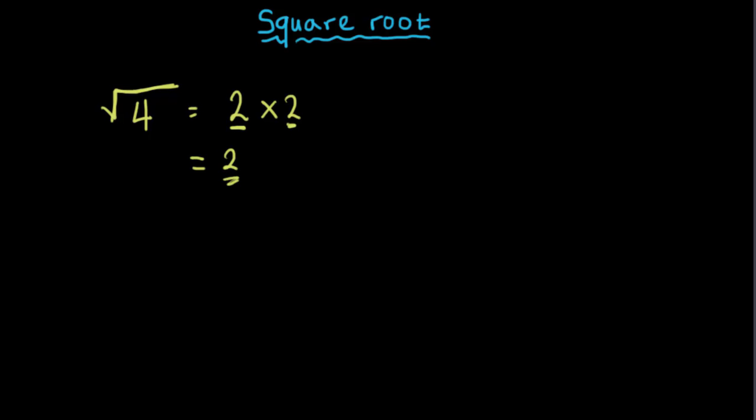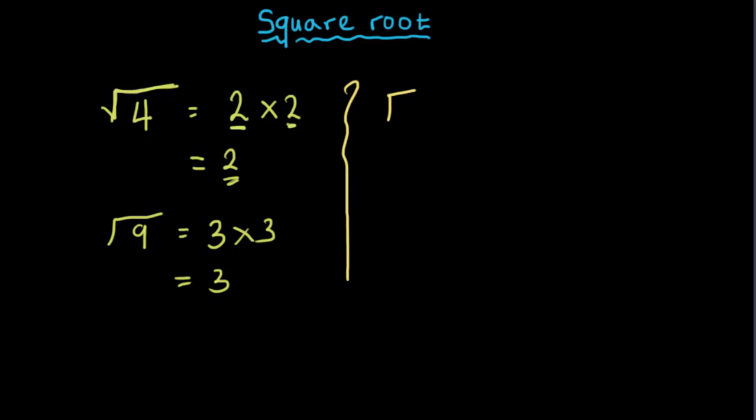Do you understand? Now, if I ask what's the square root of 9, I'm asking you what will you multiply by itself to get 9? We know that 3 times 3 is 9, so it means that the square root of 9 is 3. Does this make sense? If I ask what's the square root of 16, it means what will you multiply by itself to get 16? And you know that 4 times 4 is 16. That means the square root of 16 is 4. Do you understand? So normally we know that the square root of 25 is 5, because 5 times 5 is